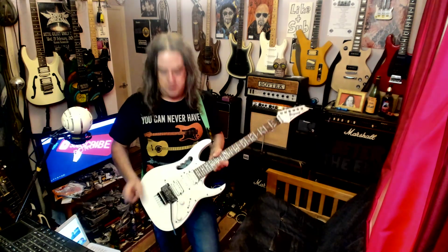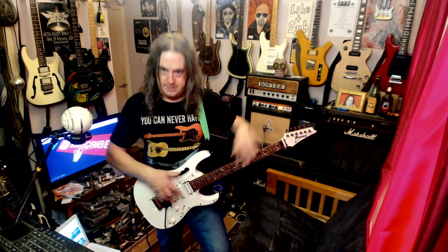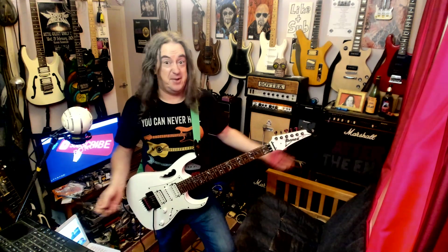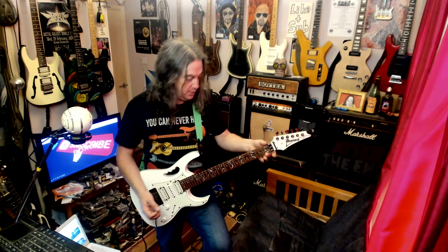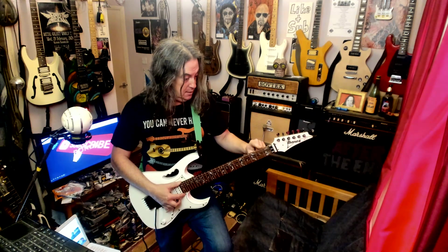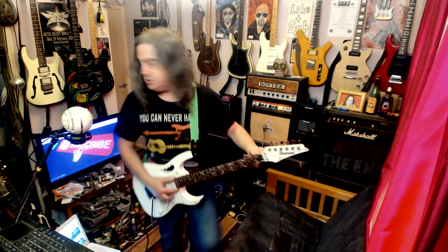Yeah, so we've got the history of the RG, of the Gem and the RG. This was the Steve Vai signature guitar that came out in 1987. The Gem. Not the Gem Junior. The Gem Junior is a more recent thing, probably 10 years, something like that. So we've got jumbo frets, 24 of them. It's actually got a dot on the first fret, like a fret marker dot on the first,